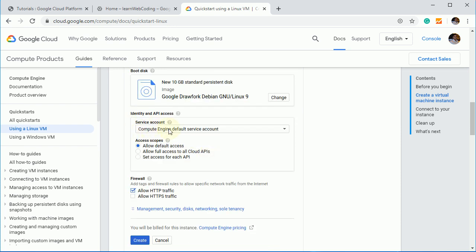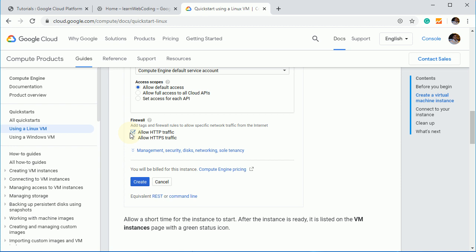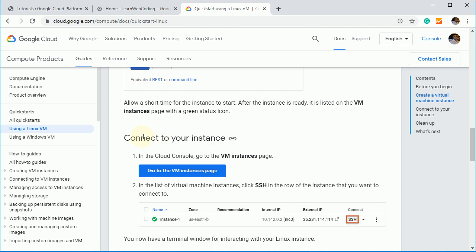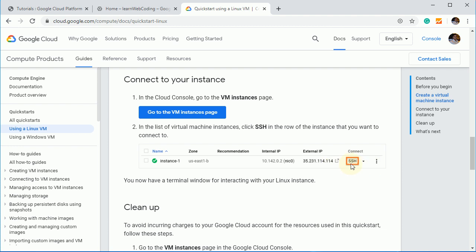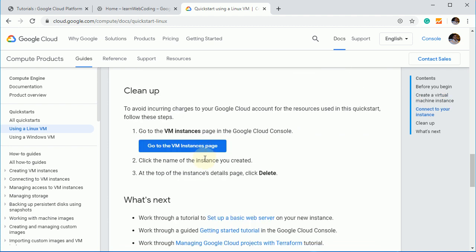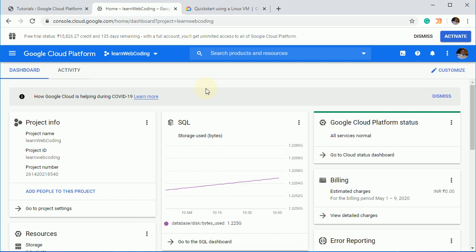This will create your Compute Engine service account, and then here you can select the firewall. If you want to run your web server over here, then definitely you have to use HTTP or HTTPS. If you have a domain name, then you have to select HTTPS as well if it is running on SSL. After you have completed the creation, you can connect to it by simply using SSH. They have given a very cool feature here: within the browser you will be able to connect to your instance. Okay, so let's see how we can create our own instance.